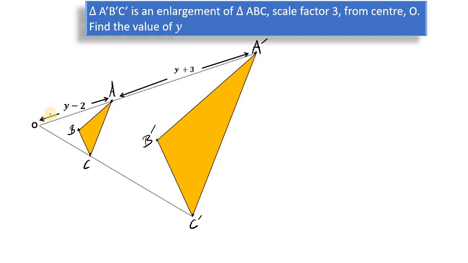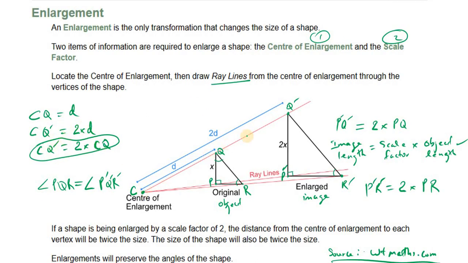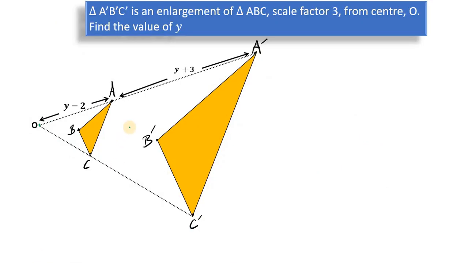So what we need to do is look at the fact that from the center of enlargement to corresponding vertices, in this case A and A prime for the object and image respectively, the distance from the center of enlargement to the image vertex is equal to the scale factor times the distance from the center of enlargement to the corresponding object vertex. So, from the center of enlargement O to the image vertex A prime, it's equal to the scale factor, 3, multiplied by the same center of enlargement O to the corresponding object